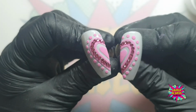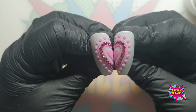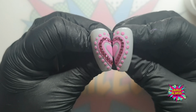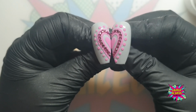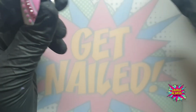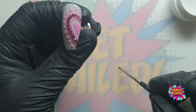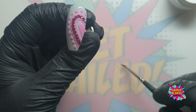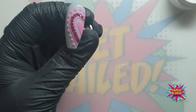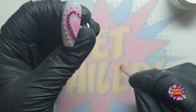Okay, so we have now completed our two halves of our heart, and you can see they marry up beautifully to create one complete heart. All right, so crystal placement is not crystal placement without caviar beadwork, and it's going to really finish this design off. So I'm just popping a little bit of my gem buddy down, picking up my caviar beads, which I am using rose gold,